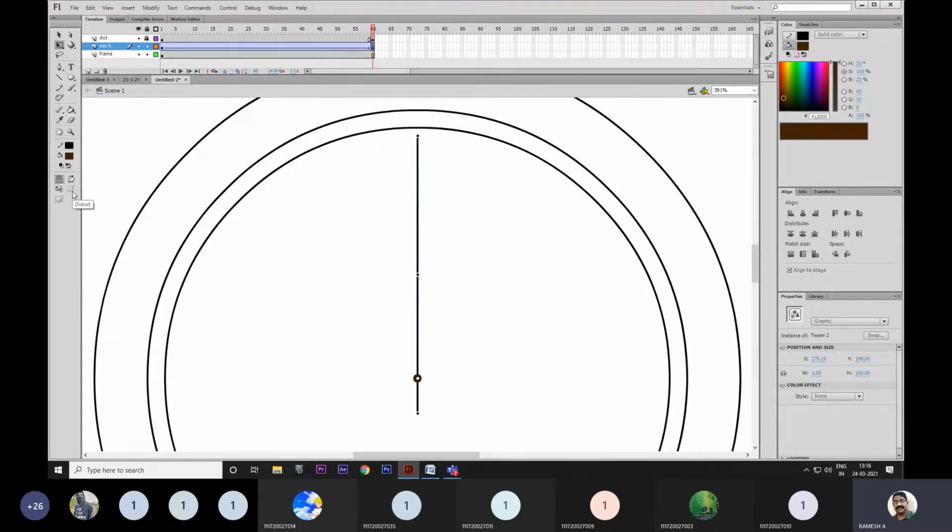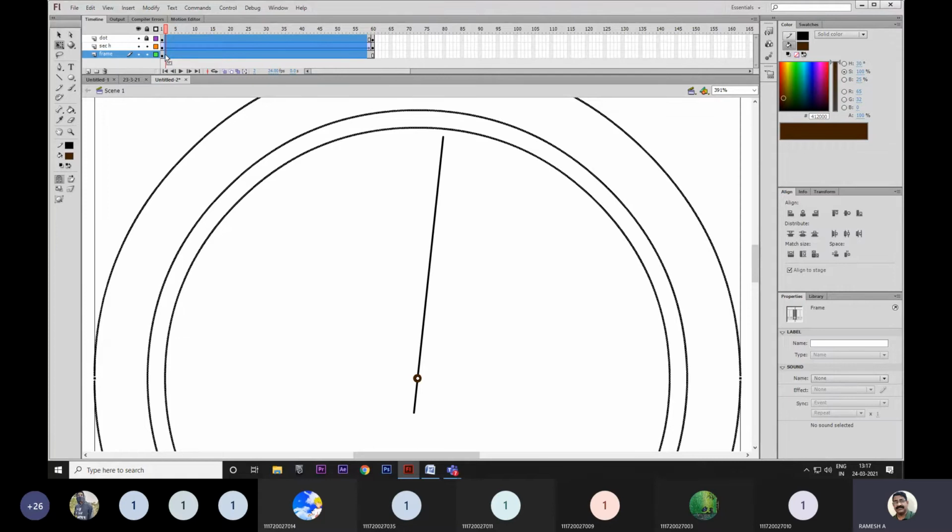Now it should be take how much time for one rotation? It should take at least 1 minute, no? Yes, sir. That means how we are going to control that speed. Suppose if you are taken 120 frames. Now you have taken 60 frames. If I am taken 120 frames, how much time it will take for one rotation? So simply I am going to increase the frames.